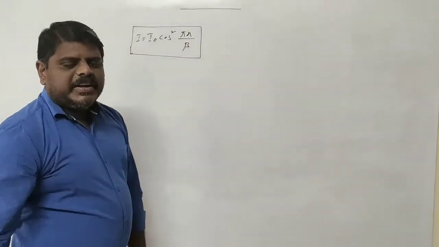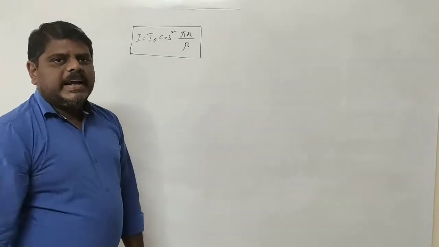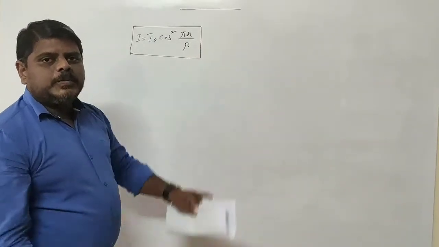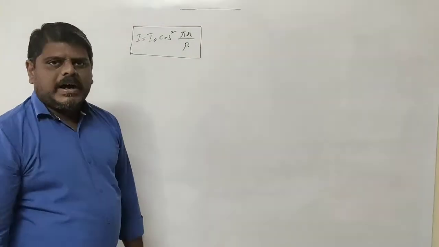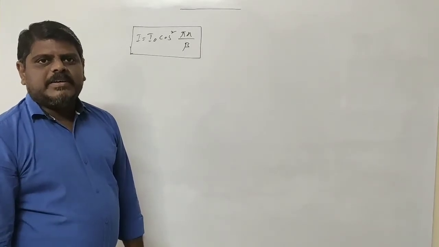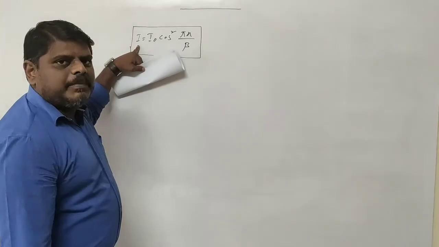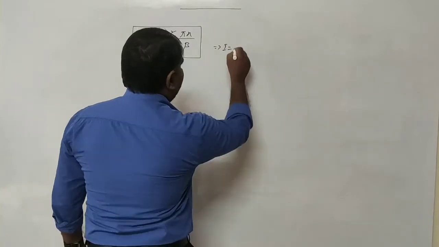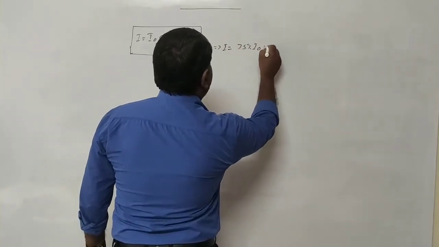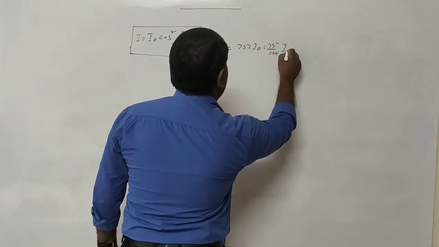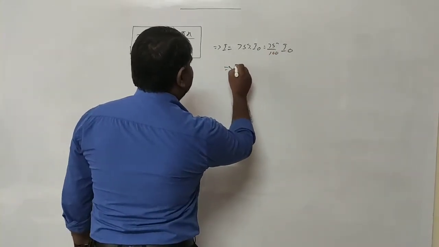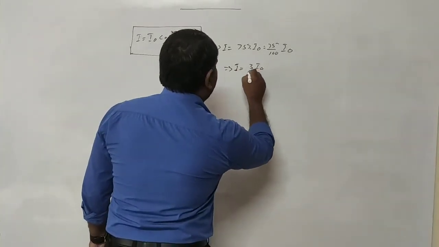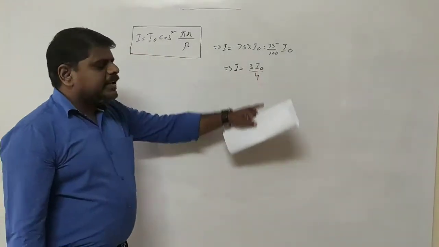This formula will let you find the distance between two points where the intensity takes different values. Here x represents the distance we require between the two points where the intensity is maximum and 3 by 4th, or 75%, of the maximum value. So at the place of I, you have to write 75% of the maximum value. That implies I is equal to 75% of I naught, that is 75 by 100 into I naught. 75 by 100 is nothing but 3 by 4. So it is 3 I naught by 4. So at the place of I, you have to write 3 I naught by 4.